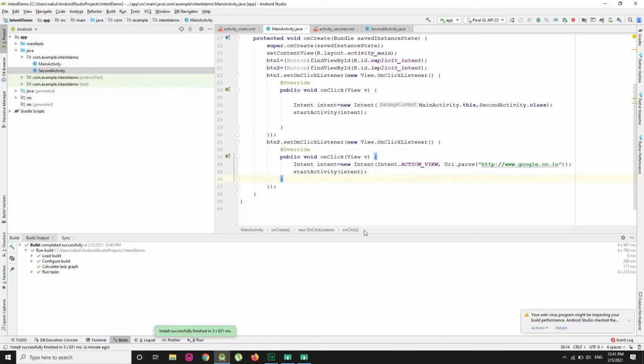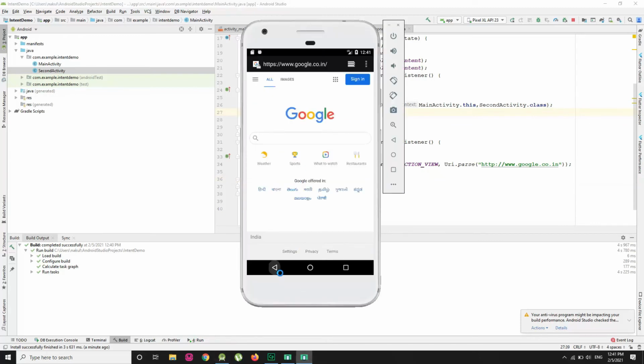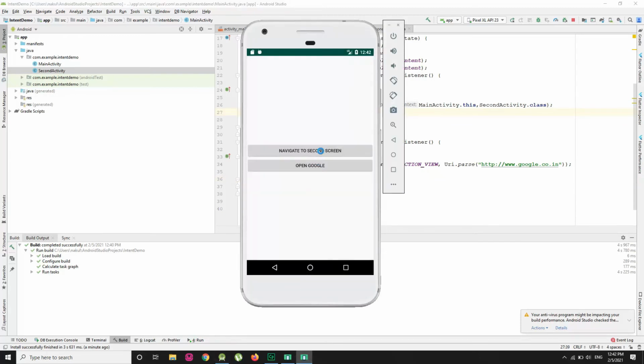Now if I want to pass some data between two activities, let us take an example. If I want to pass a username, or any email ID, I am going to make a field over here to enter an email ID, and if I click on this button, then that email ID will be printed over here, right?